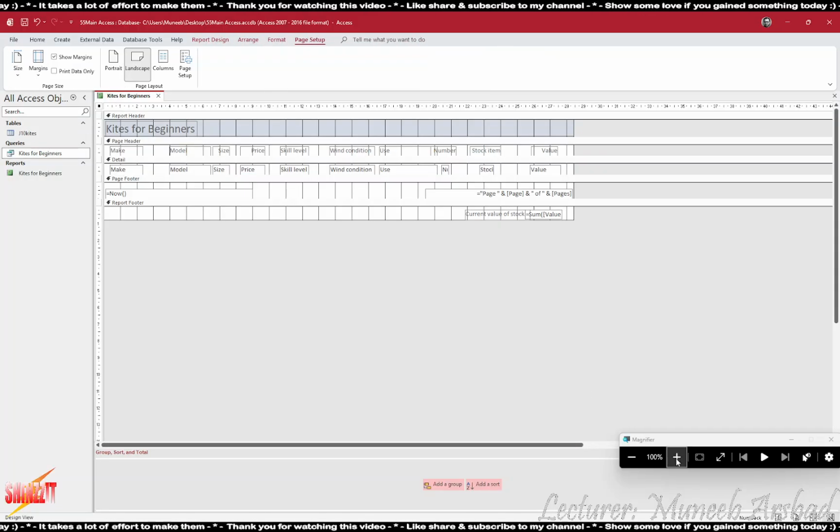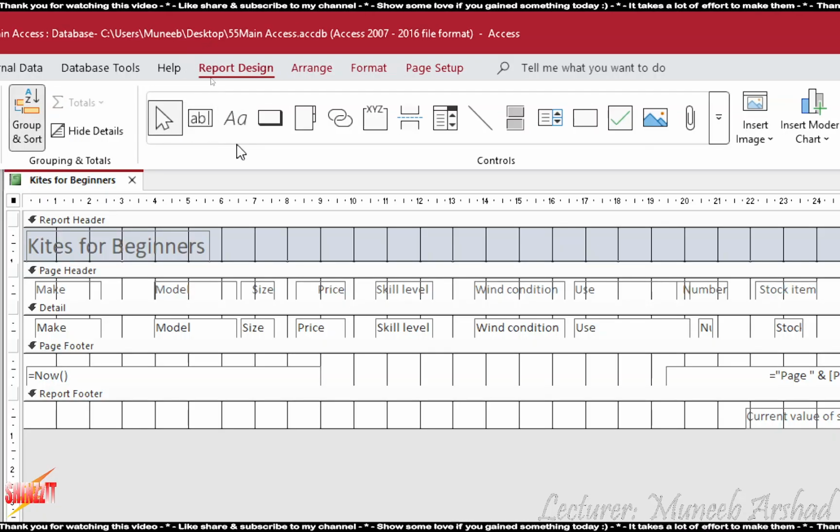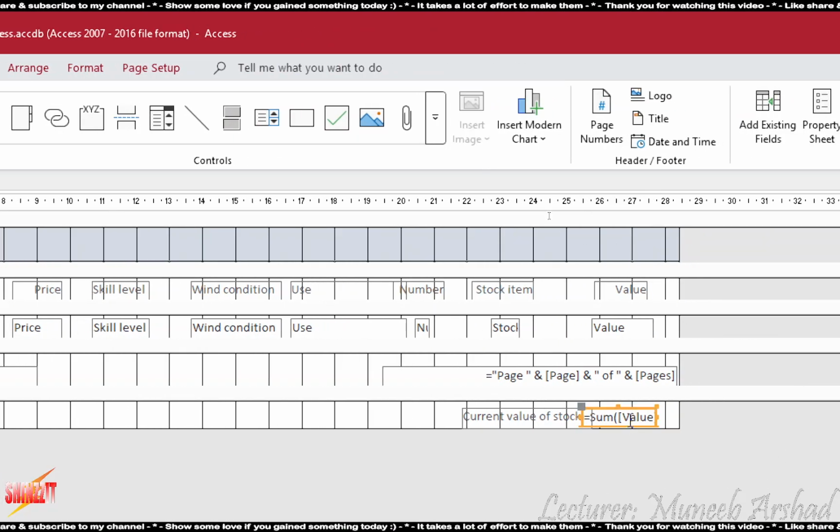Now what Isa and Zara are talking about is basically the text box. Now the difference between a label box and a text box is, लेबल बॉक्स में आपको सिर्फ लेबल ऐड करने की ऑप्शन मिलती है. टेक्स्ट बॉक्स के अंदर आपके पास एक्सप्रेशन बॉक्स भी होता है और साथ में लेबल बॉक्स भी होता है. समझ आई बात की? अभी मैंने क्या किया, सिग्मा टोटल से एक्सप्रेशन बॉक्स ऐड कर लिया और उसके बाद मैंने लेबल ऐड कर लिया. तो टेक्निकली मुझे एक्सप्रेशन बॉक्स चाहिए और एक लेबल बॉक्स चाहिए, राइट?